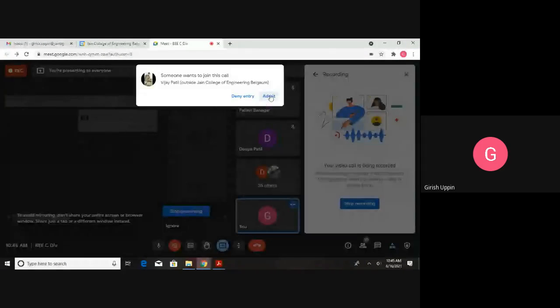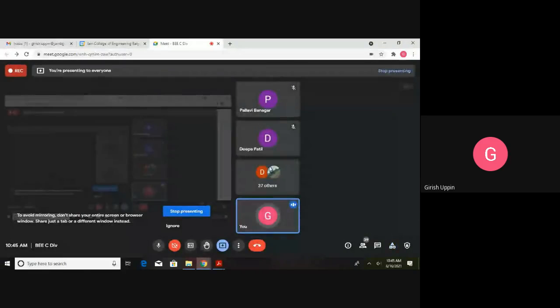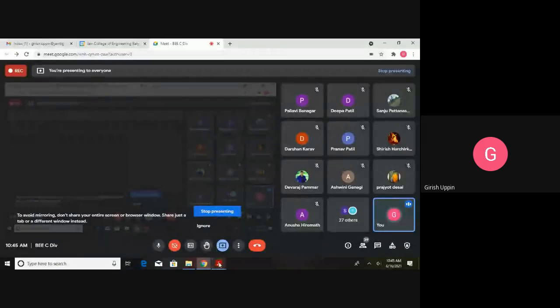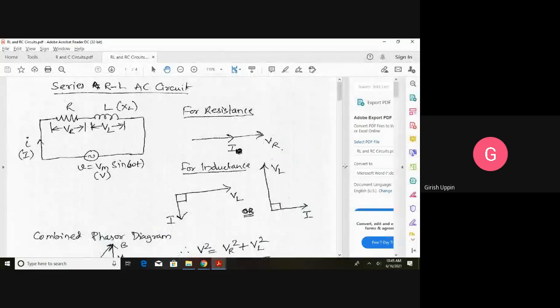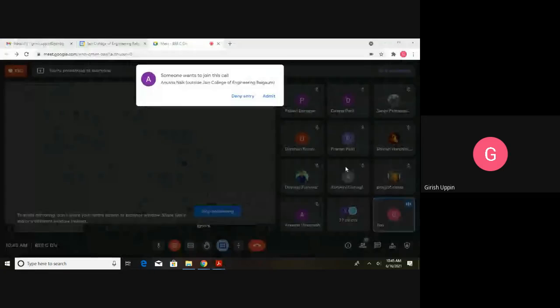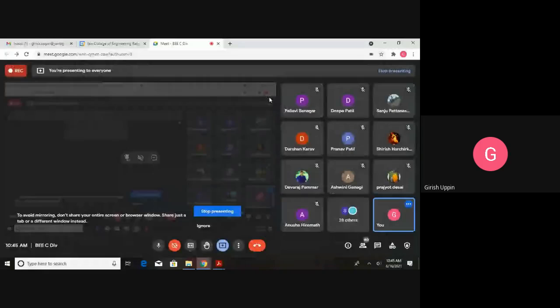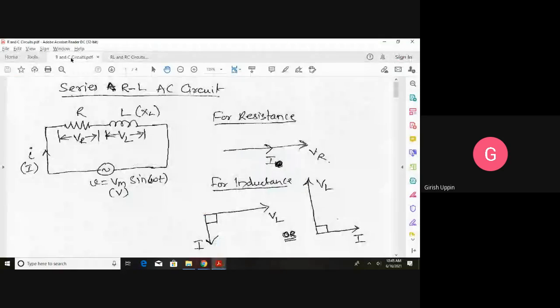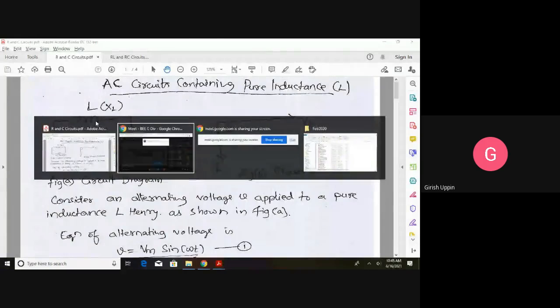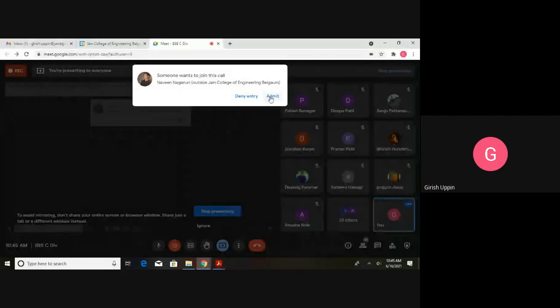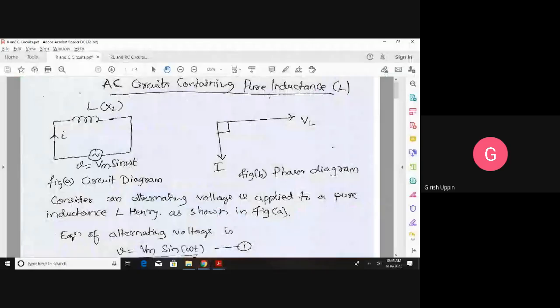In this session, we'll continue with AC circuit analysis. In the previous class, we did the circuit analysis for a pure resistive circuit, pure resistance connected to a voltage source, an alternating voltage source, V is equal to Vm sin omega t. And we saw when we have the